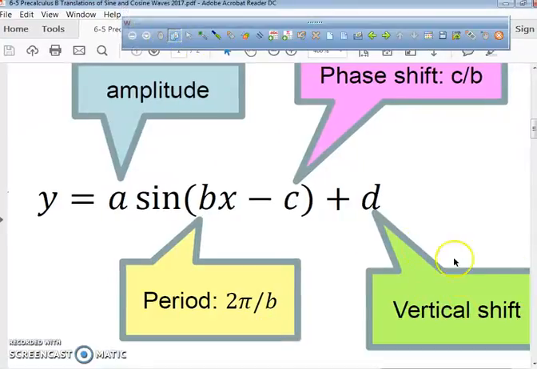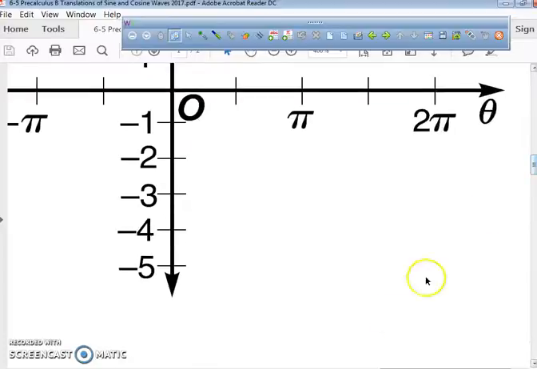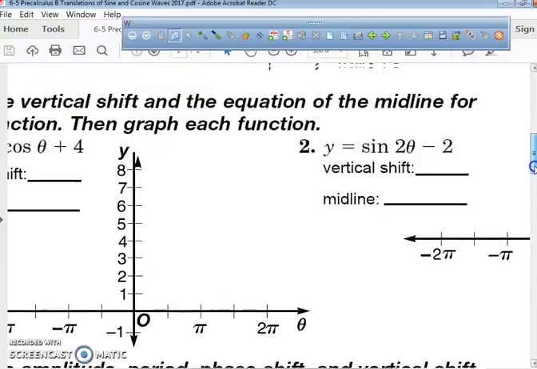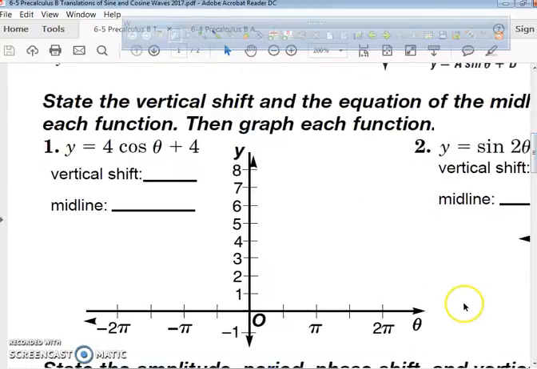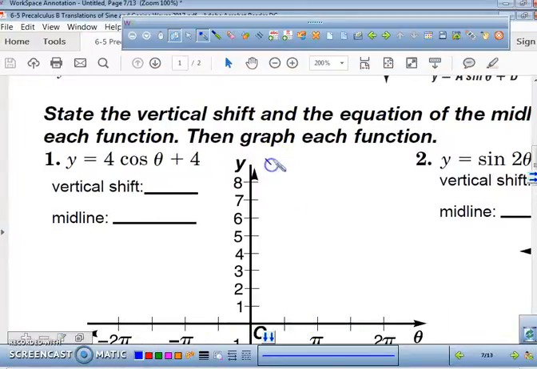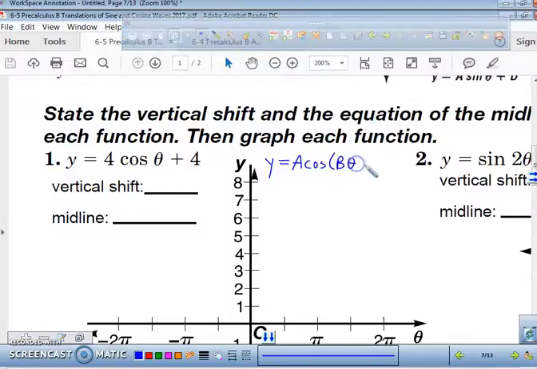So what we're going to do is we're going to look at problem number 1. We're going to go right over here, zoom out. We're going to graph this together. So right now, on problem number 1, what I'd like you guys to write is I want you to write y equals a cosine, open the parentheses, put b theta minus c plus